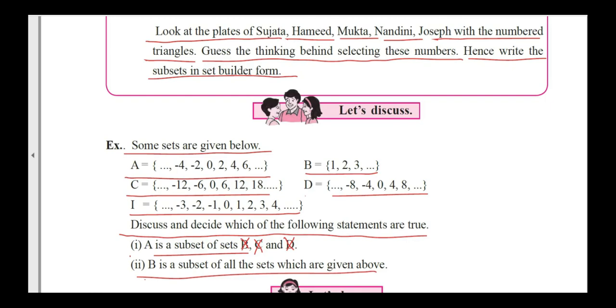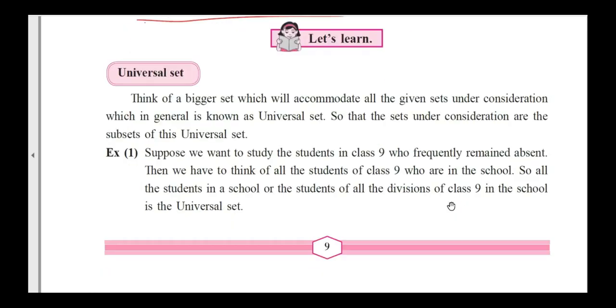That is, some elements of the set A are not in the set D. Therefore A is not a subset of D. B is a subset of all the sets which are given above, except the set of integers I. Now next,